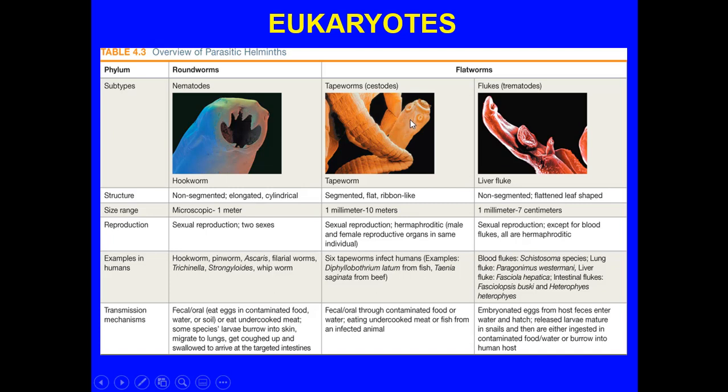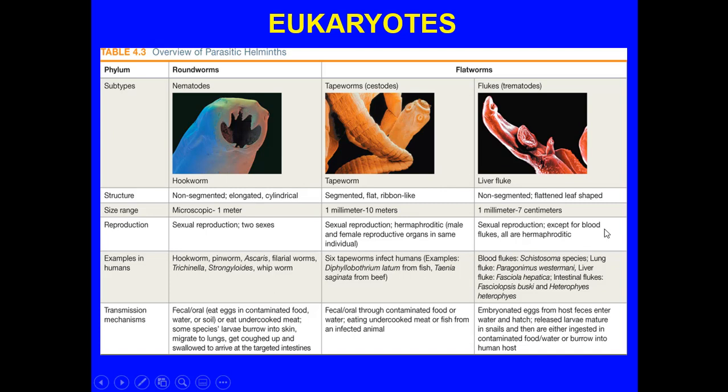These will occupy the gastrointestinal tract, the tapeworms, and they basically absorb the nutrients and they pass out their eggs in the feces. Where do tapeworms come from? Well, it depends if you've not cooked your beef, your pork, your fish. There's 6 different ones that infect humans. Okay? And when we get to flukes, these are trematodes.